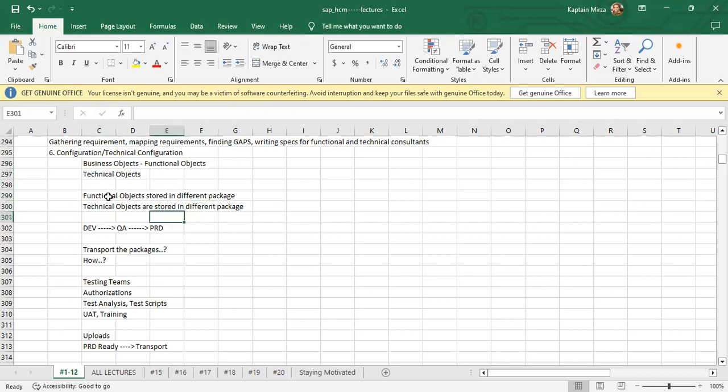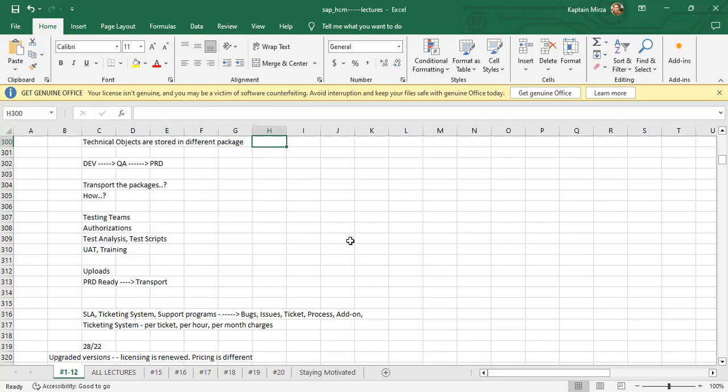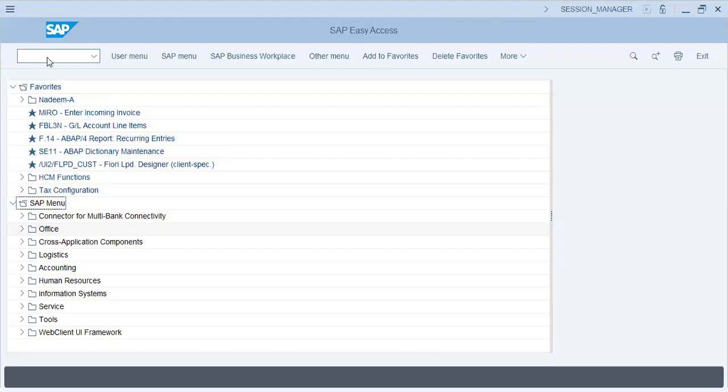Okay, so functional objects are stored in a different package. What are packages? I'll show you that in SAP. Technical objects are stored in a different package. Okay, so talking about SAP as a software, let's see what a package is. For package, let's go to SC93. Now, when we talk about a package,